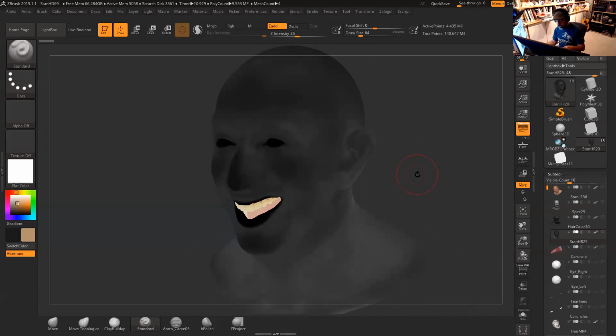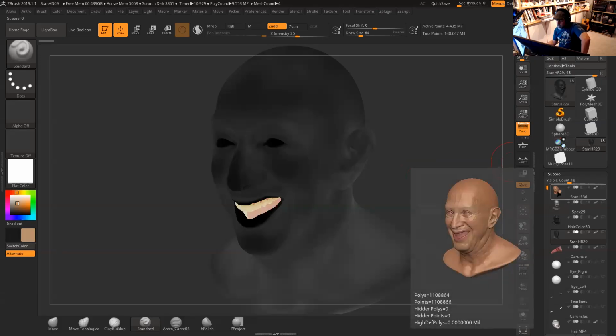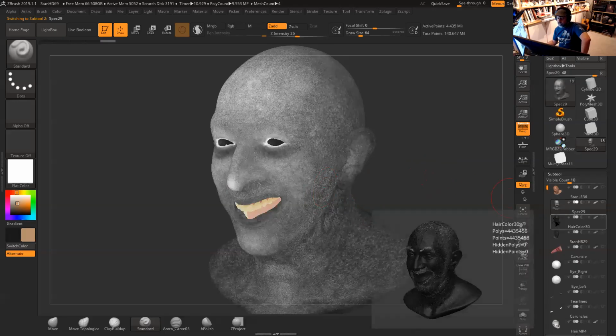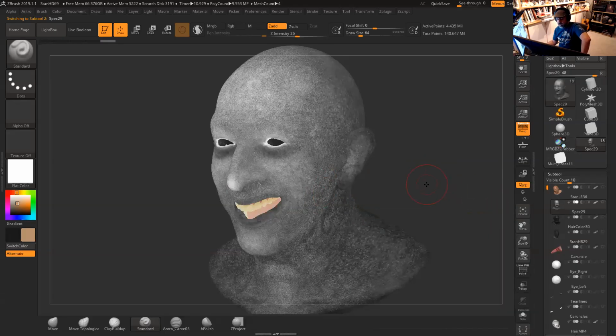But then next week, we're going to start straight away with a model that's ready for HD. And then a lot of those maps I have in here, because I'm going to be using the same topology, I'm going to be trying to reuse some of those maps for her. So I might actually start with